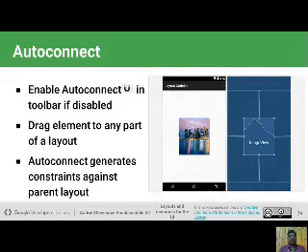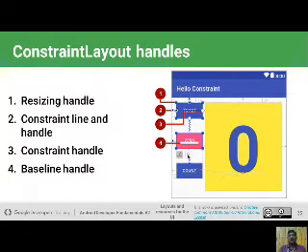Next, resizing handle. First is showing the resizing. If you want to resize any component, you click this and expand or shrink the size according to the resizing points.